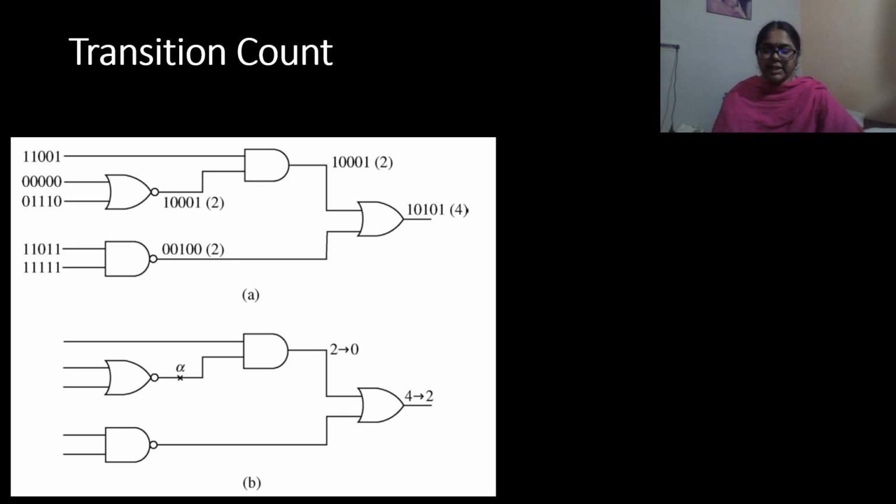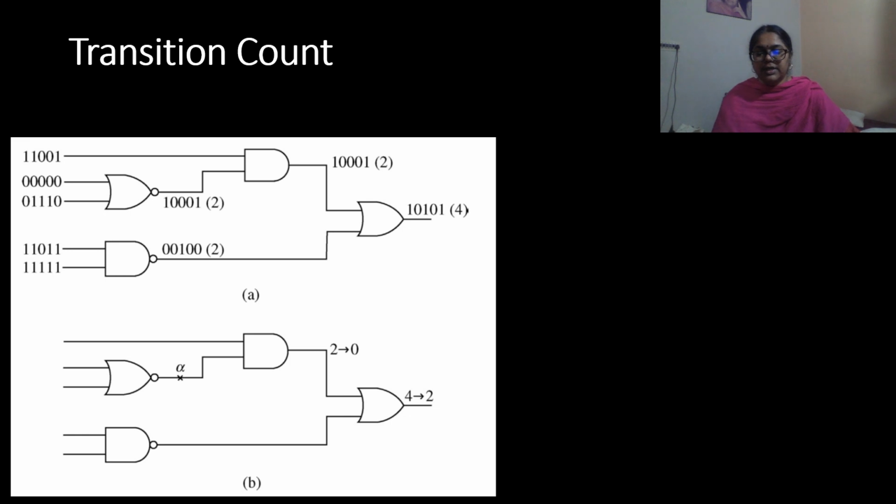Thus, instead of recording the entire output response sequence, only the transition count is recorded. The transition count is then compared with the expected one, and if they differ, the circuit under test is declared as faulty.